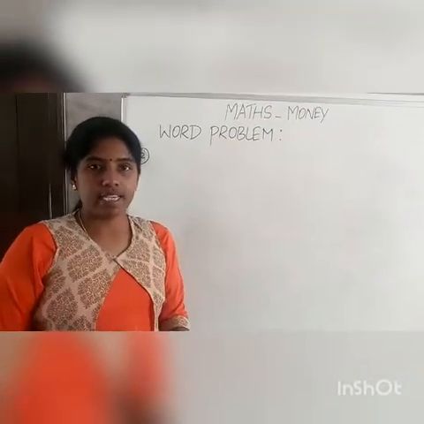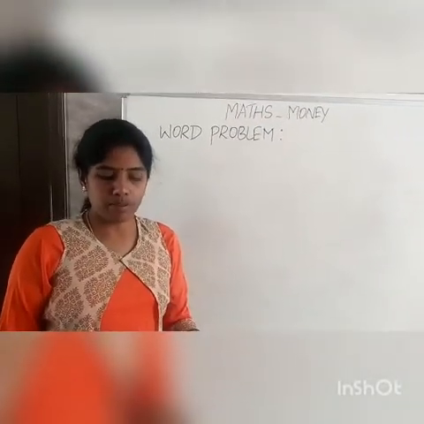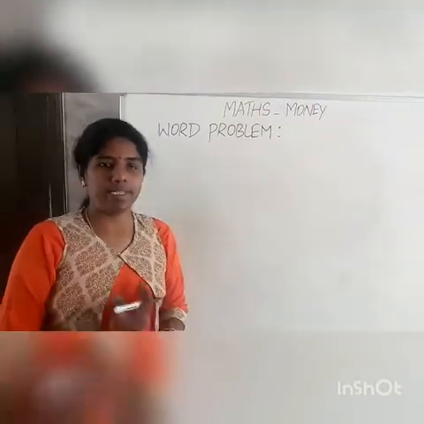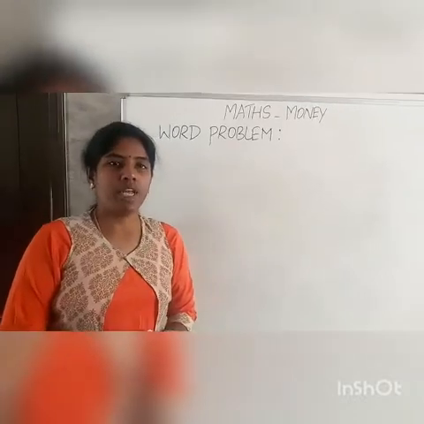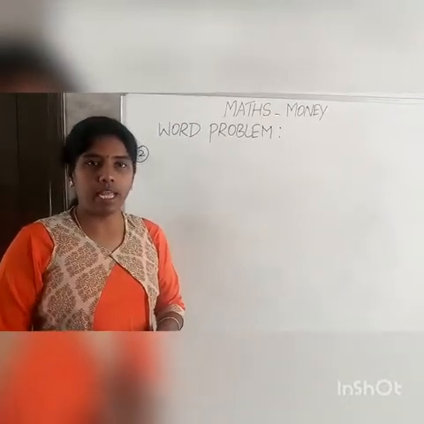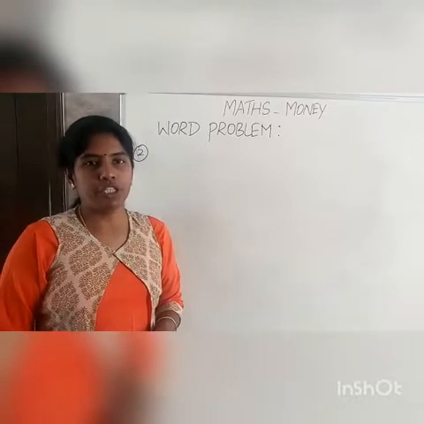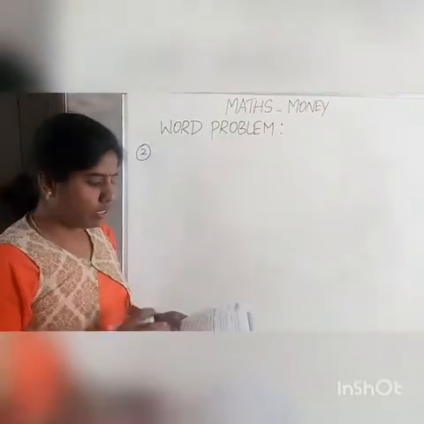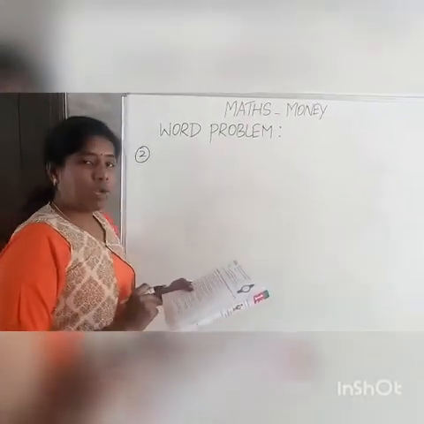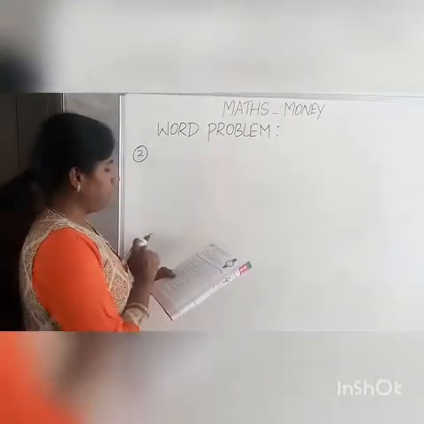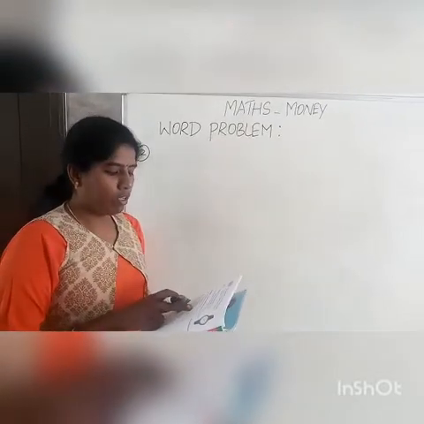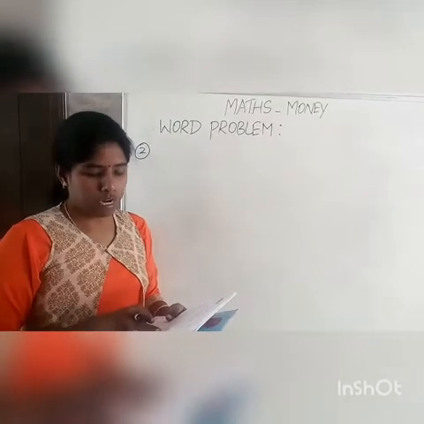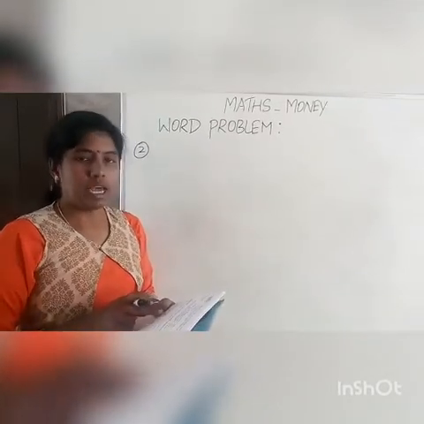The next exercise that we had was word problems. In word problems, we have the same addition of money and subtraction of money, but we need to write the statement for the word problems and then do addition or subtraction according to the problem. So we'll do one problem from the exercise, page number 108, second sum. I bought a shirt for 567 rupees and a pair of shoes for 400 rupees. How much money did I spend?